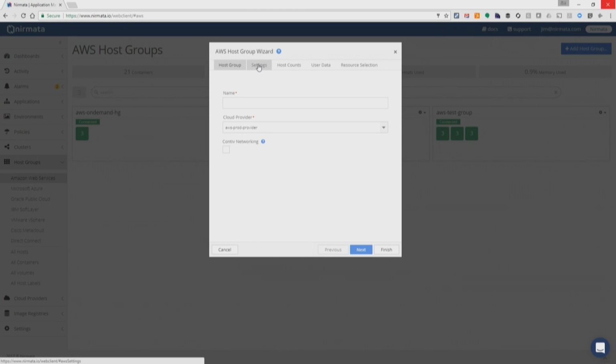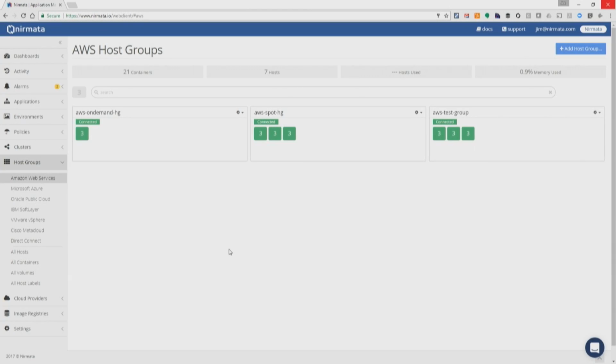On AWS, there are a lot of different ways you can spin up instances. You can have on-demand instances, Spot instances, autoscale groups, and we integrate with those APIs, allowing customers to spin up or define those resources so that either Nirmata can spin them up, or if they're using autoscale or Spot, AWS spins them up, and they connect back to Nirmata.